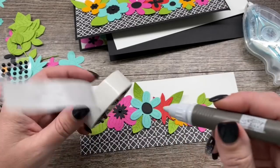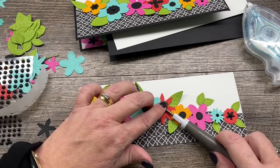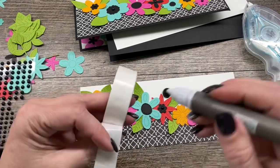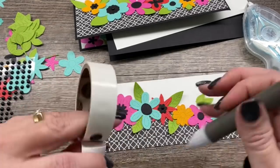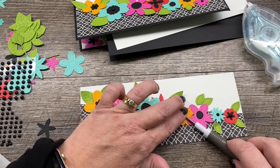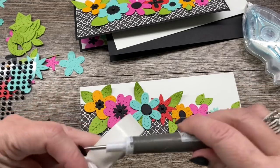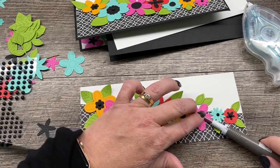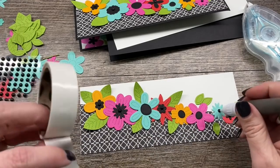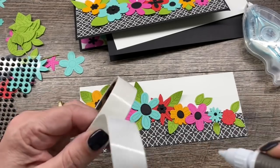Any of those things would be just stunning. I love the detail in these dies with all the little dots that are included. They just did such a great job. And my favorite part is that they all just pop right out. There's no trouble with the pieces sticking or anything like that. They're just gorgeous. Oops, that one's kind of on its own, and then we'll stick that one down